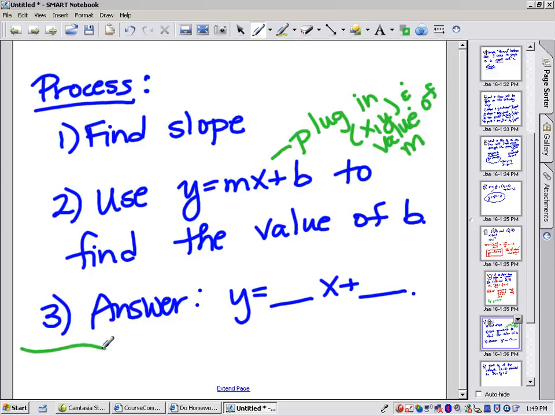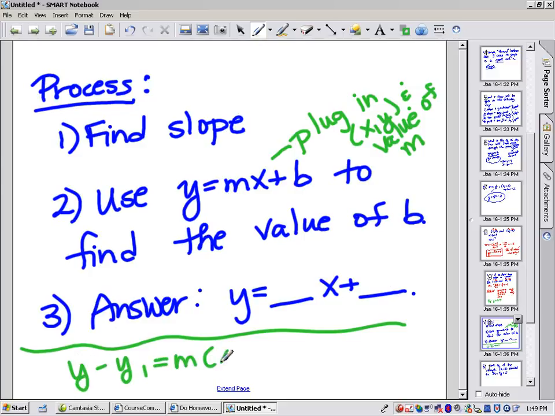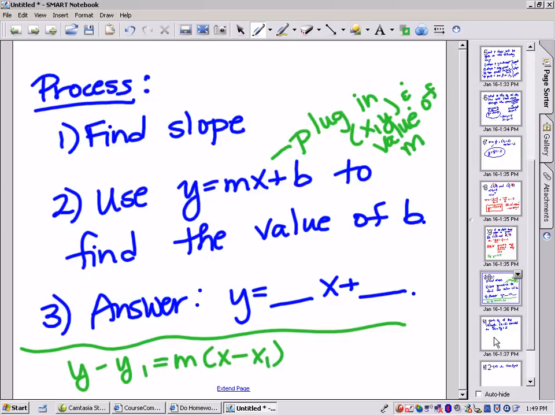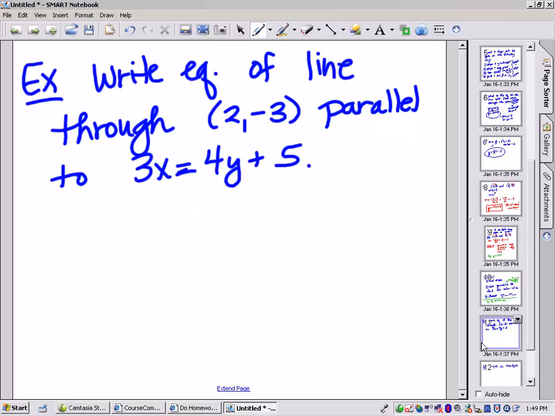Now, your book also uses a different formula called the point-slope. They use y minus y sub 1 is equal to m times x minus x sub 1. You can use that. I'm just trying to steer you away from having to memorize another formula, but basically you're plugging in a given point and you're plugging in the slope. So the first step is the same. You have to know the slope and you have to know a point, but then where you're plugging in to get the equation is a little bit different. So let's look at an example where we want to write the equation of the line through